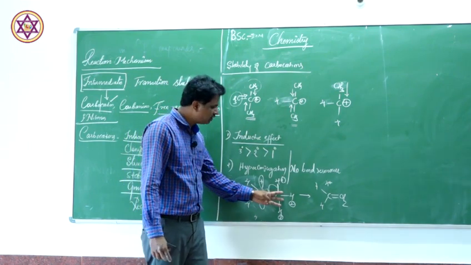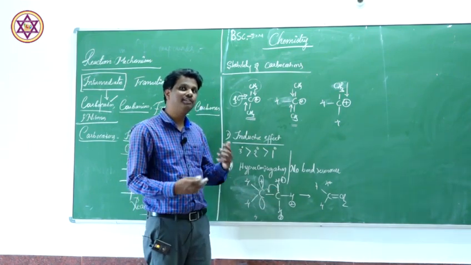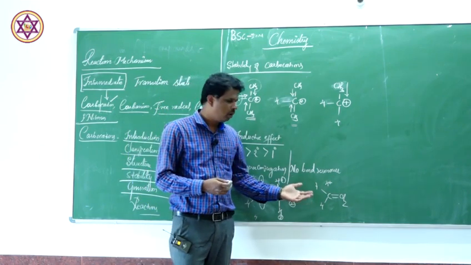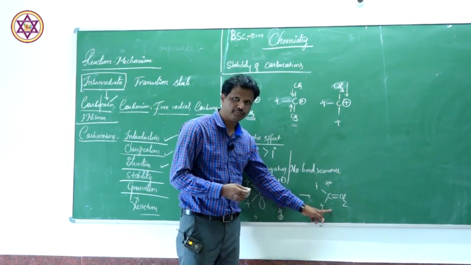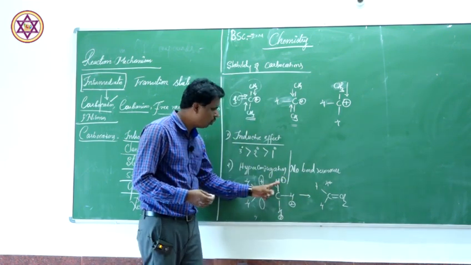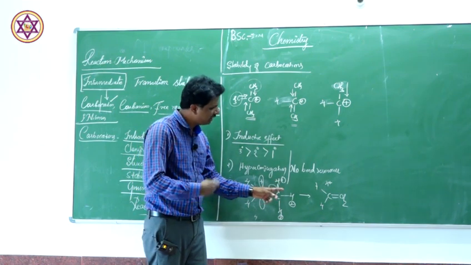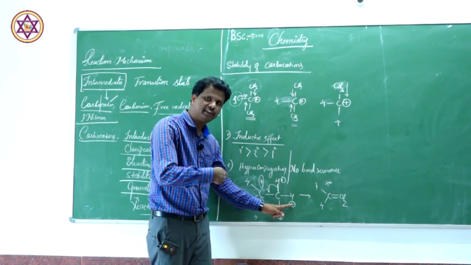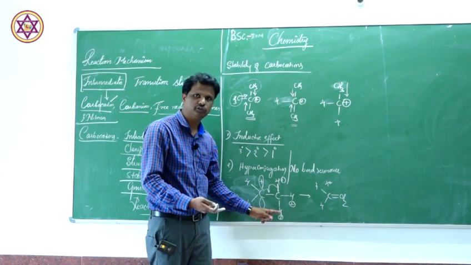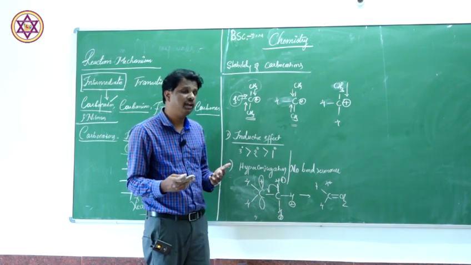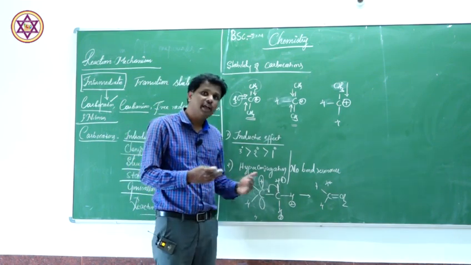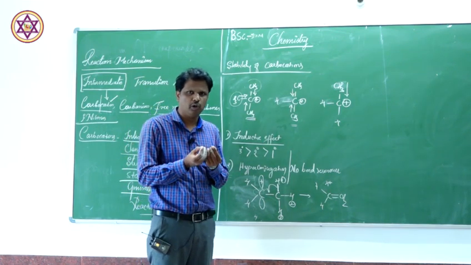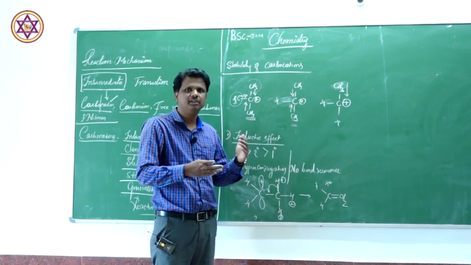Since there are 3 hydrogen atoms in the adjacent carbon atom, you can write 3 different hyperconjugated structures. I am not writing all the structures on the board right now; I have written only one. Hope you understood the point. So in this case, hydrogen 1 has been exchanged, and next time hydrogen 1 gets back the covalent bond, hydrogen 2 goes. Again it gets back the covalent bond, hydrogen 3 goes. So this is how it takes place. Due to this hyperconjugation, the carbocation is stabilized to a certain extent, at least for a small time. If not forever, it is being stabilized.